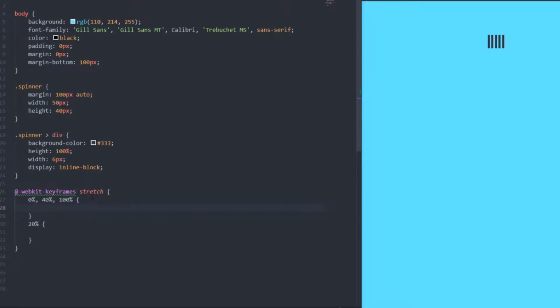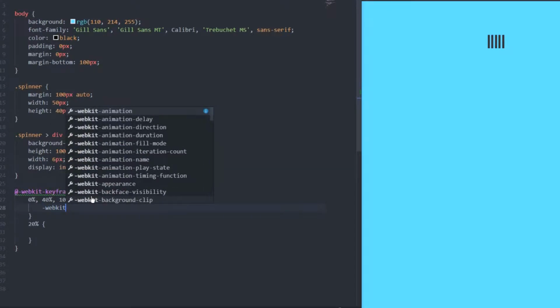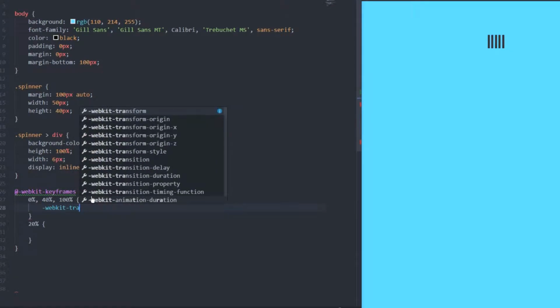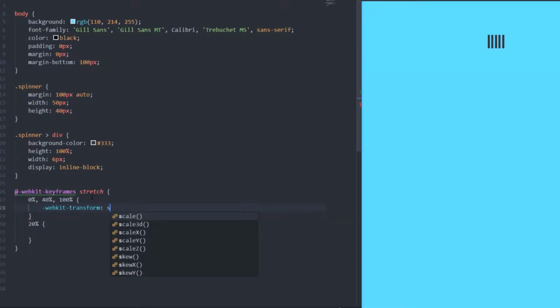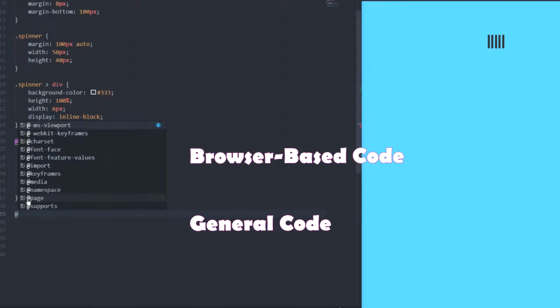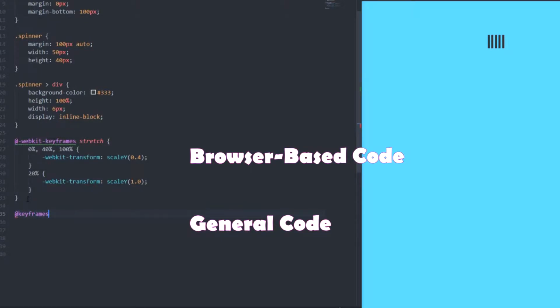First of all, we're gonna say -webkit-transform will be scaleY. Only the height will change to 0.4, for example. And we're gonna copy this, and at 20%, we're gonna bring it back to 1.0. We are not ready yet, so we're gonna say @keyframes to make the second part of the animation. And we're gonna say we call it stretch,